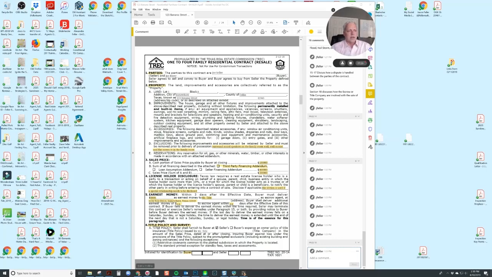Section 6, again, deals with the title company, and what that is, is the title policy and survey. So you're saying the title policy, which shows that the property has clean title to be transferred over to a new buyer. They're going to go through and make sure there's no liens or encumbrances on title that would cause a conveyance problem. And in this area, you can negotiate whether the seller or the buyer is going to pay for this policy, but